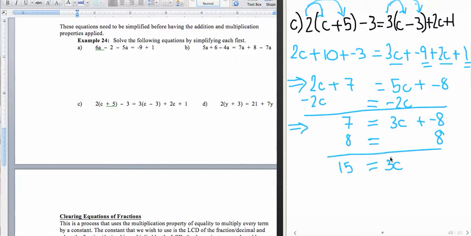Finally, I need to remove the numeric coefficient, so I'm going to multiply both the left and the right side by the reciprocal of the numeric coefficient, which on the left-hand side, that simply looks like division because multiplication by a reciprocal is a division, and that gives me that 5 is equal to c. And remember, it's perfectly acceptable to say c is equal to 5. And that will be our final answer. We'll do the next problem, part D,